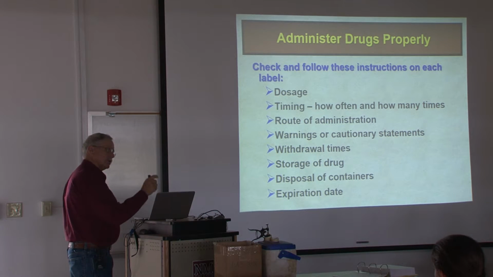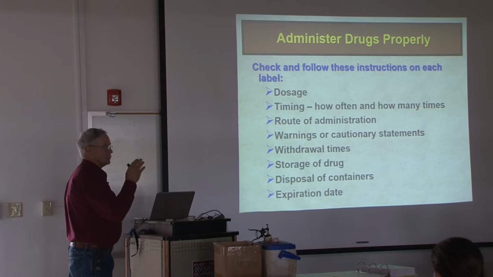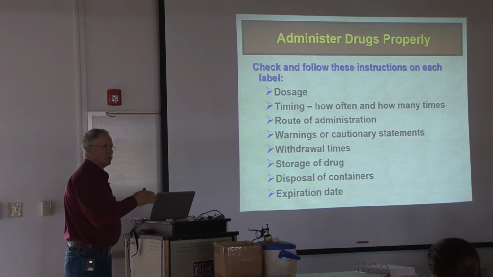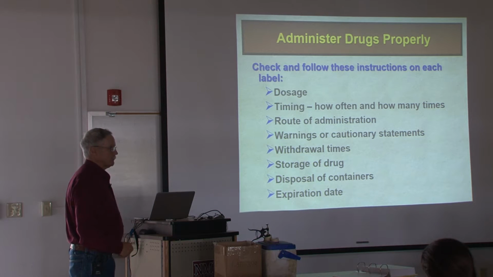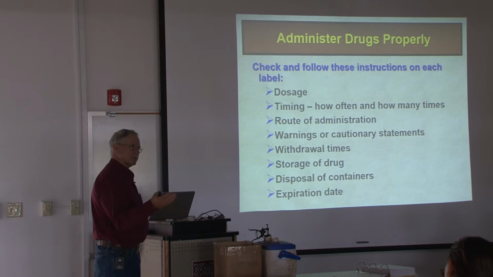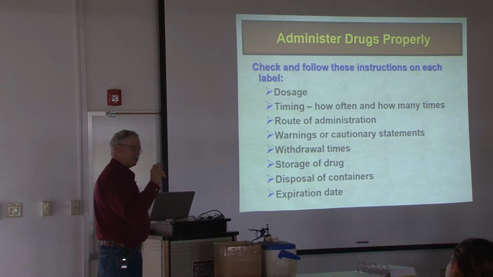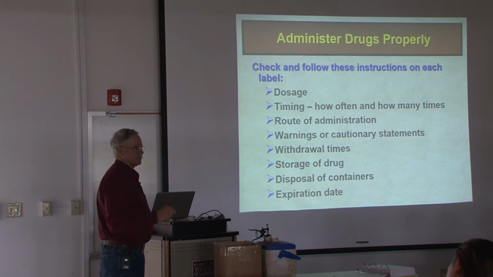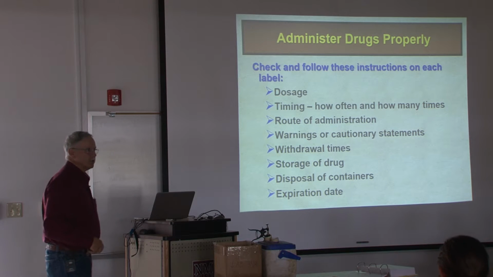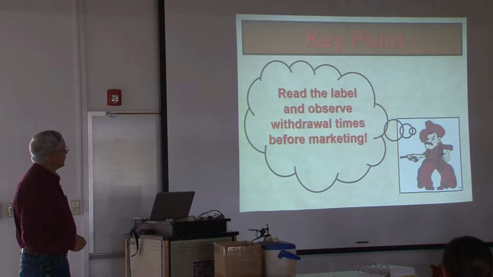If we give it sub-Q, there's a product in there, one of the stabilizing agents is designed to make sure that it's absorbed very slowly, so you get the duration of efficacy for it. So that matters. If something is supposed to be given in the muscle, the reverse is true. If it's IM only, it relies on a certain absorption rate to reach its peak blood level. And if it's absorbed too slowly, it never gets there. So the route really does make a difference. You have to be careful. Read the label and observe the withdrawal times.